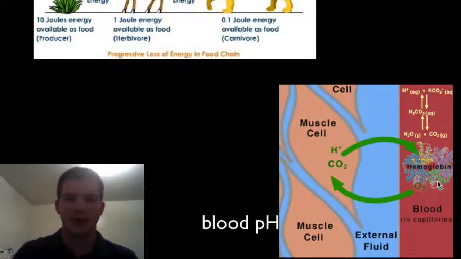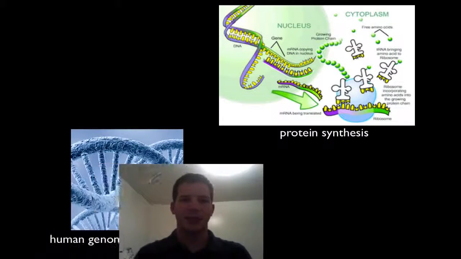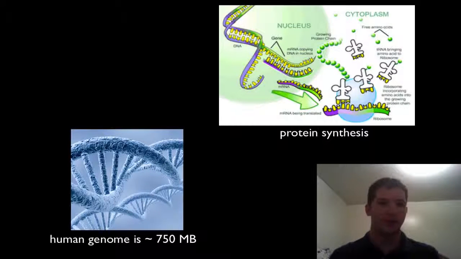All right, so the next big idea is that living things store, retrieve, and transmit information. This is kind of interesting. The human genome is roughly 750 megabytes of information. And if you think about the average song on iTunes being roughly 4 megabytes, it's pretty cool how many songs our human genome, that is all the genes in our body, can actually hold.